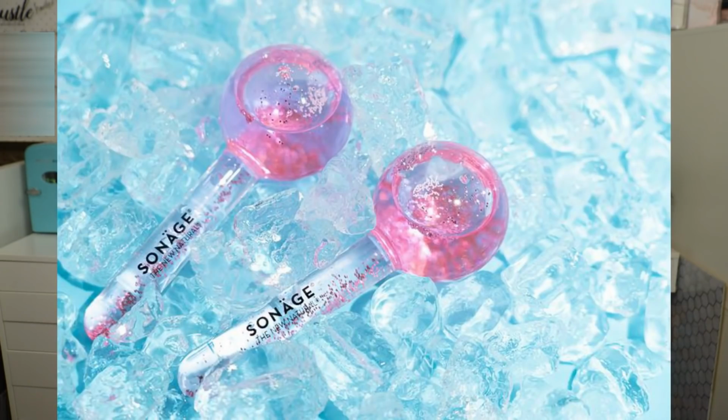And the last item that we have in choice, this is from Sonage Skincare. These are the ice globes. I've heard a lot of people talk about them online. A lot of people chose this. And honestly, if I had to choose, I think I would have chosen those too. Like, I like the serum that I just talked about from Skin Inc, but those ice globes, you know, I